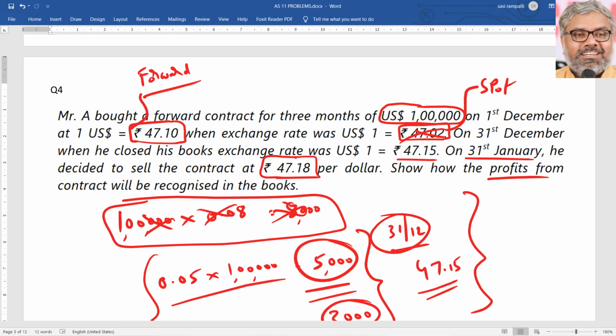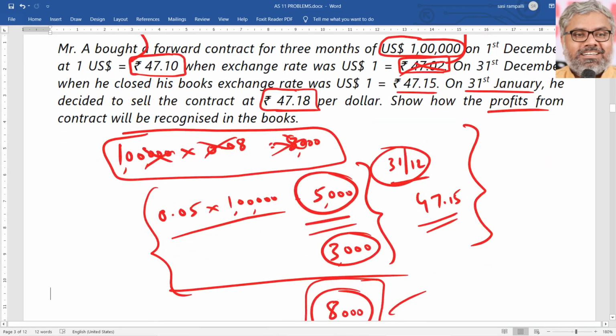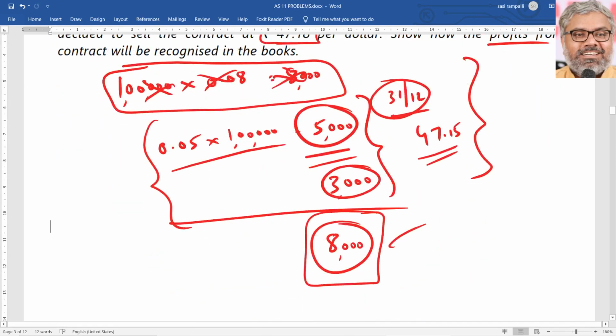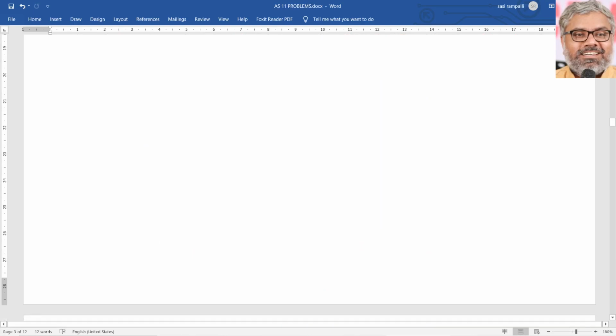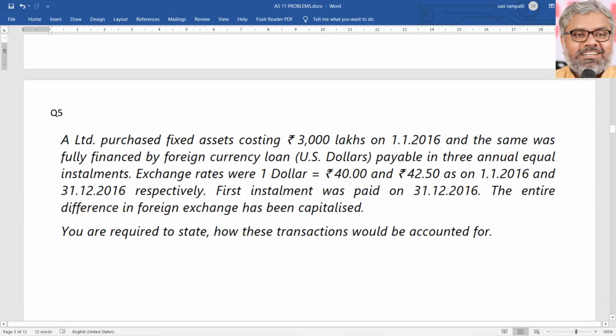between dollar and rupee. Because of that intention of speculation, he bought a forward contract, which is nothing but a piece of paper, where he signed and agreed that he will buy 1 lakh US dollars at 47.1 rupees at some future date. But before even coming to that level, he has sold that contract for 47.18, by which he made an 8,000 rupees profit that can be recognized as profit on 31st January. That is the more appropriate solution in this particular case. Though it is not 100% correct under AS 11, that is a practical solution for that case.